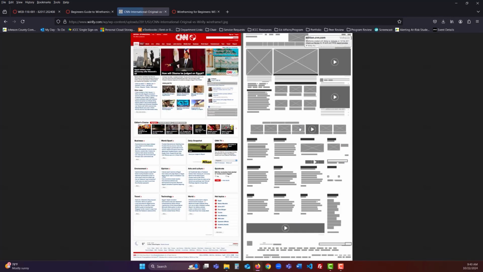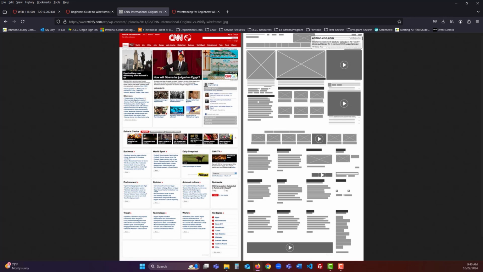But what it does is it will take a page and then it's going to try to break that page down into a wireframe so you can kind of analyze it a little bit easier. It's not going to be like a perfect translation of what you're actually looking at, but I think it helps a lot with looking at the hierarchy of content and the general organization of content. So you could try this out with the site